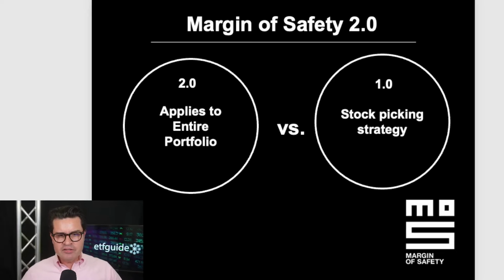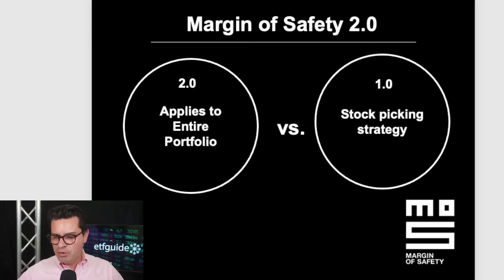So margin of safety 2.0 versus 1.0, what's the difference? Well, margin of safety is not a new concept in finance. Now, version 1.0 was invented by investing great Benjamin Graham. He applied it to a strategy for picking stocks, which later became known as value investing. Now, there's nothing wrong with version 1.0, but it's crucial that you understand the scope and the scale of version